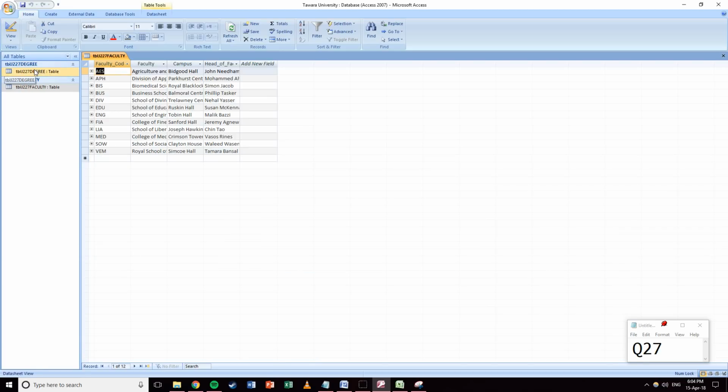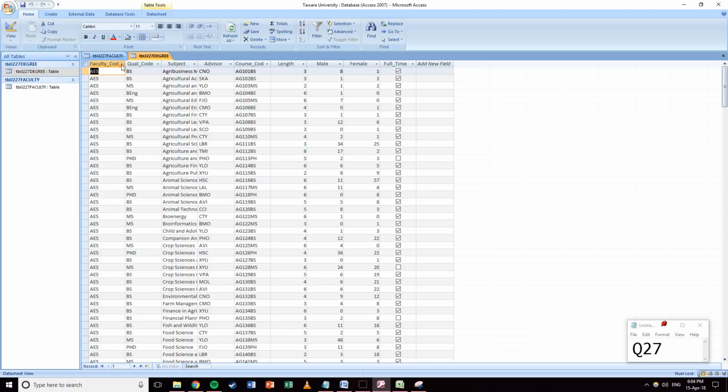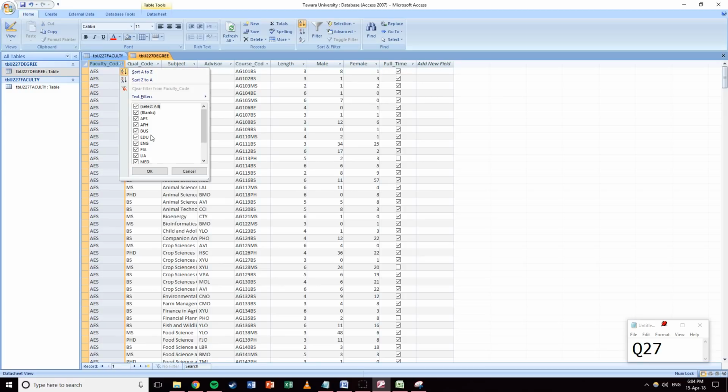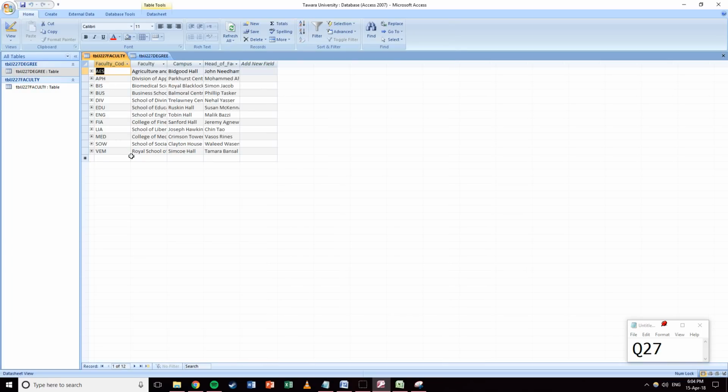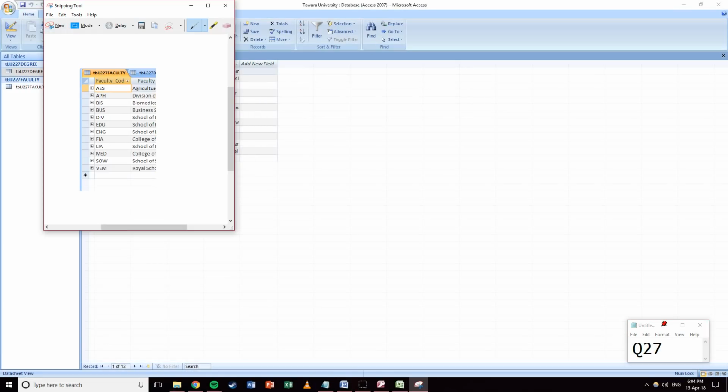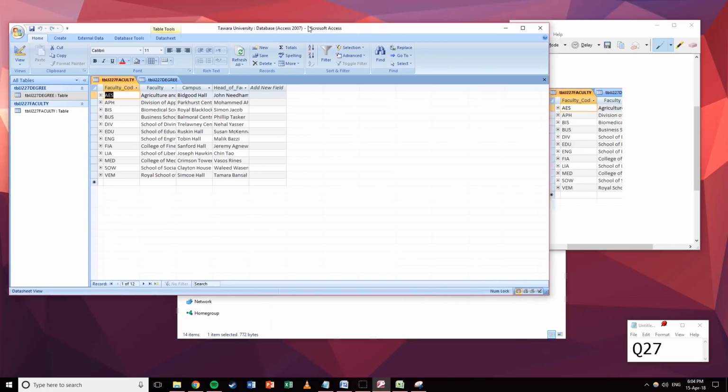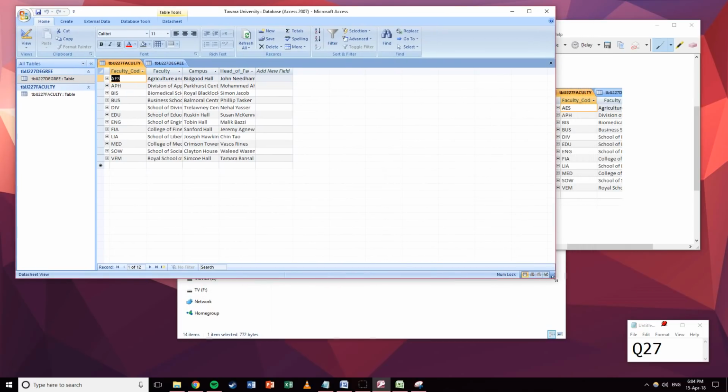Now I'm going to guess that in the degree table, if we sort A to Z, actually we can have a look in here. We don't have any BIS or DIVs, but we're probably going to have something that does not appear in that list. So if I just get that list up, in fact, if I do it using snipping tool, there we go, and I just move it over to the side,